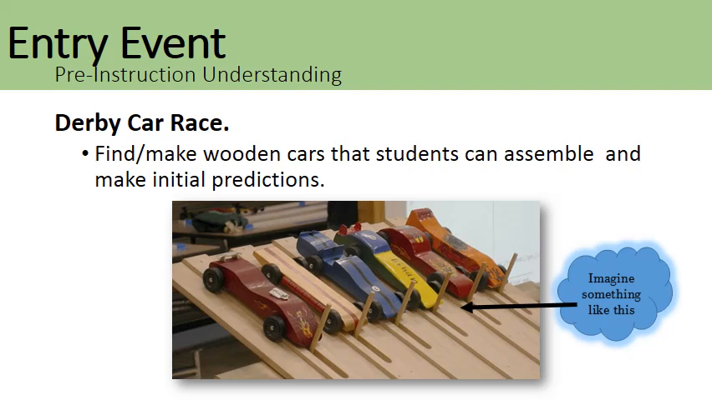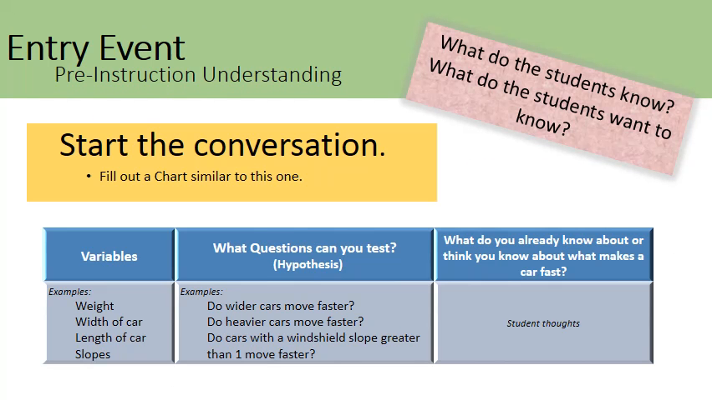I would like to find something similar to the picture where students could build on and add weights, and then they could start making initial predictions. This event would then start the conversation where we would all fill out a chart similar to the one in the blue. We would look at variables and what we could isolate and find out what makes a car fast. We would develop questions that we could test,